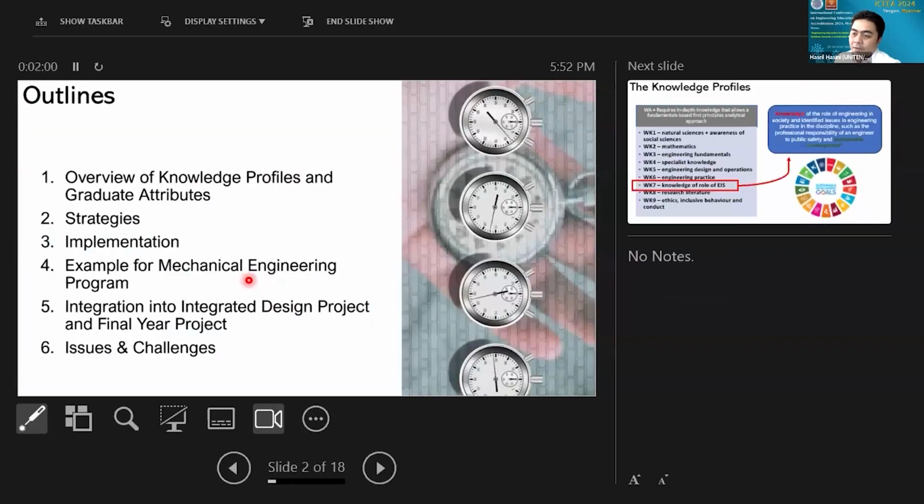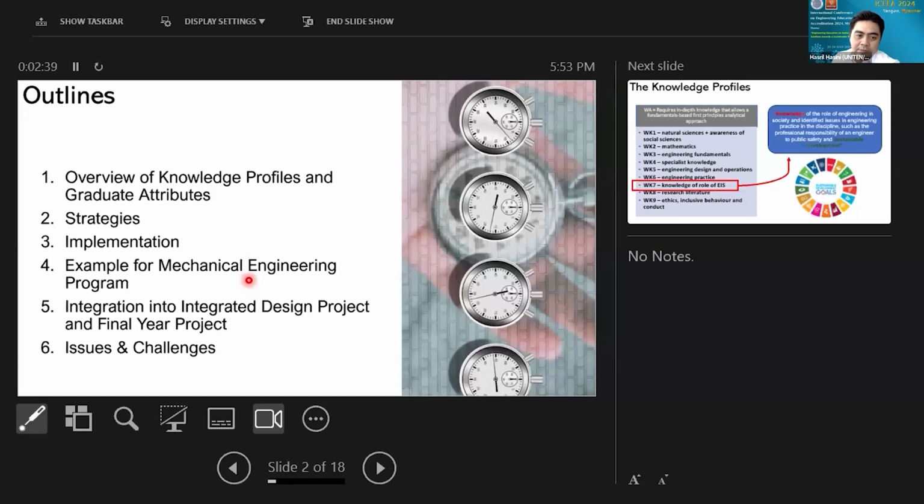So the outline of my presentation today is as follows. First of all, we go quickly over the knowledge profiles and also graduate attributes as stipulated in the paper, and what are typical or common strategies that we can use for the implementation. Then on the implementation side, I will go through some examples that I can share from my institution, especially for the mechanical engineering bachelor's level program.